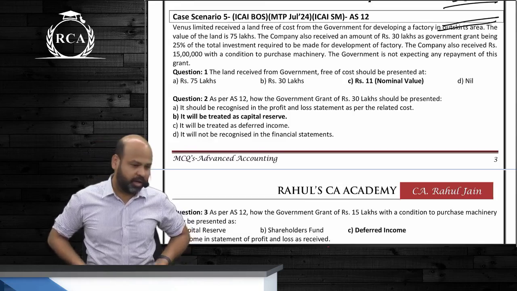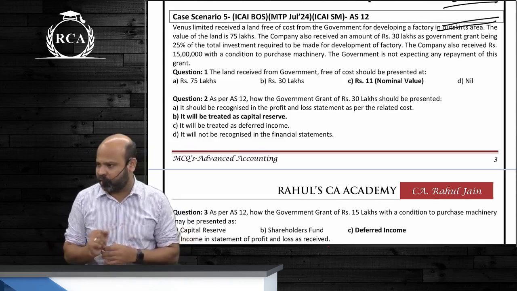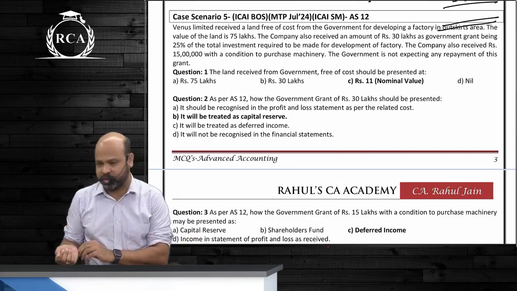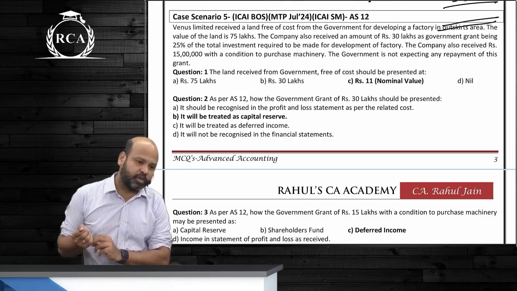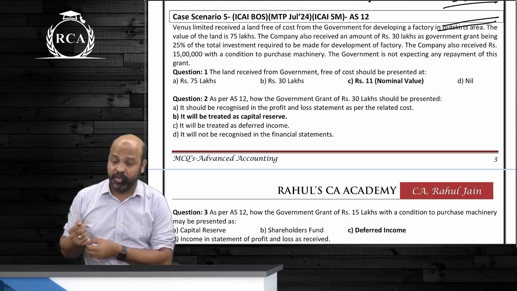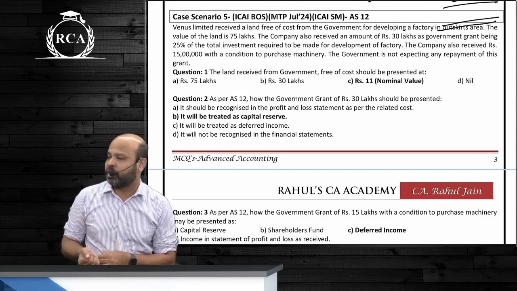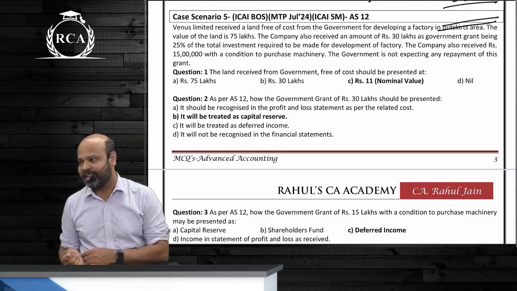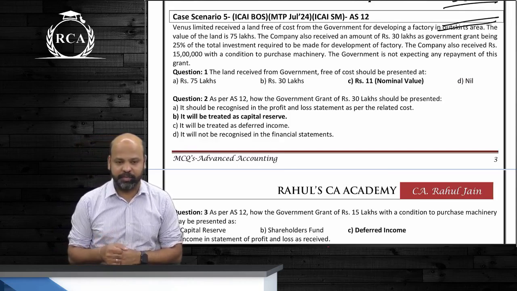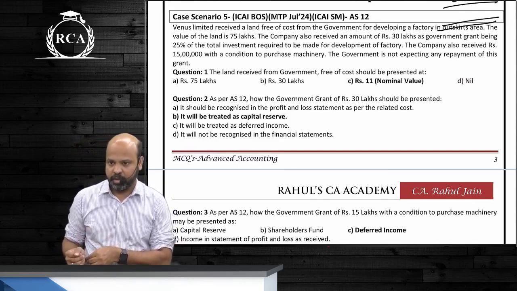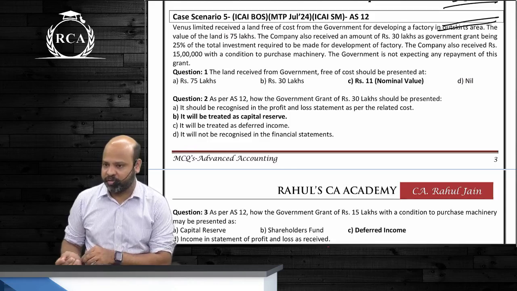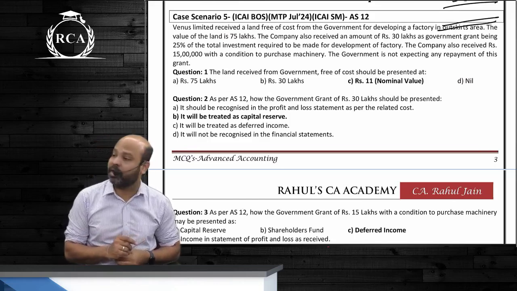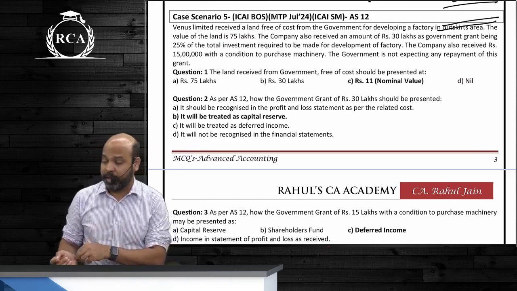At the actual cost. In case you're receiving a grant as such beta monetary grant, then you'll have to check whether the grant is in respect of capital expenditure or is it in respect of revenue expenditure. Again, under capital expenditure also you have to check whether it is in relation to an entire project or is it in relation to a specific asset. What if the grant is in respect of an entire project? Transfer to capital reserve. If the grant is in respect of a specific depreciable asset, you have two options. Either you can reduce it from the cost of the asset or you can transfer to deferred government grant account. If you're transferring it to deferred government grant account, it should be amortized in the ratio of depreciation.